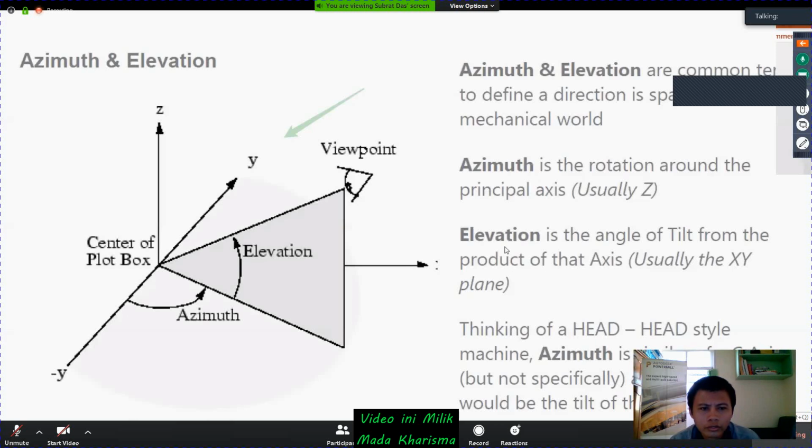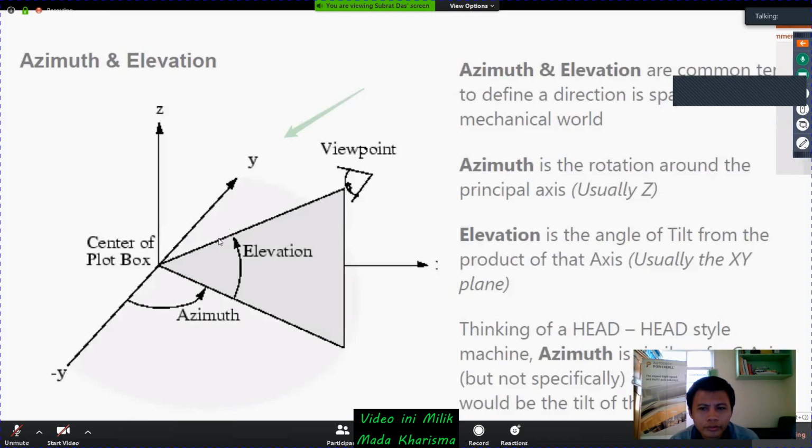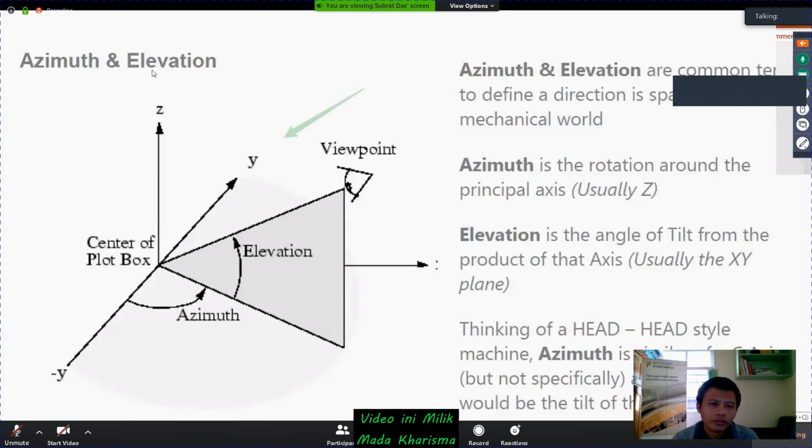At the same time, if you look at the elevation angle, it's a tilt from the x and y plane. If you see this elevation angle, it is in the space actually, not in the plane. It is between x and y, somewhere in the space. So that is called elevation. The azimuth is just simply around the z-axis in the same plane. Okay, so this is the main concept of azimuth and elevation. While we are going through our examples, we will see this in some of them. So these are the main concepts in 5-axis.